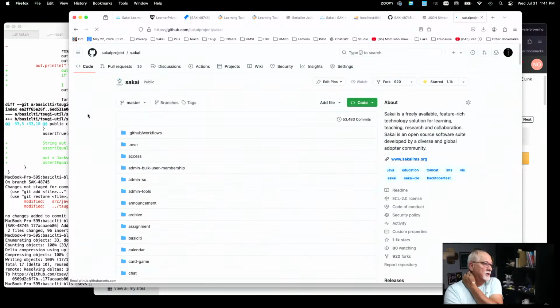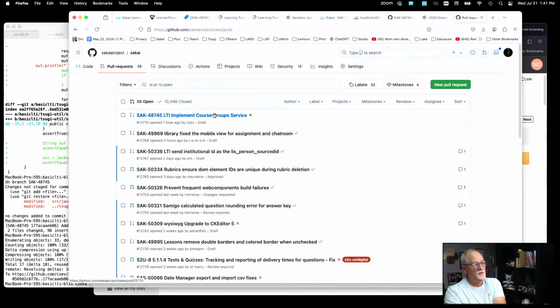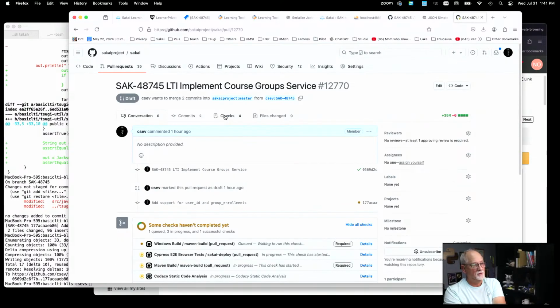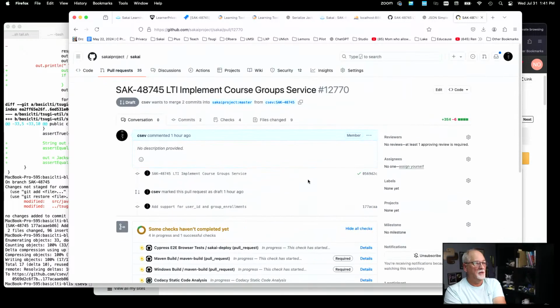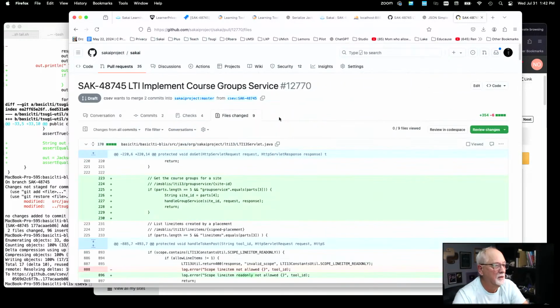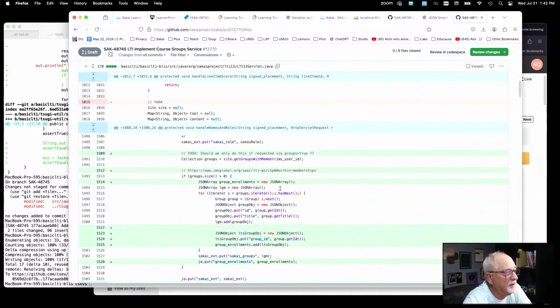We already got a PR into Sakai. Pull requests: implement course group service. I just pushed it. So we're going to have to wait a ways. I want to see how my spacing worked. See if it's a little happier. It was all in